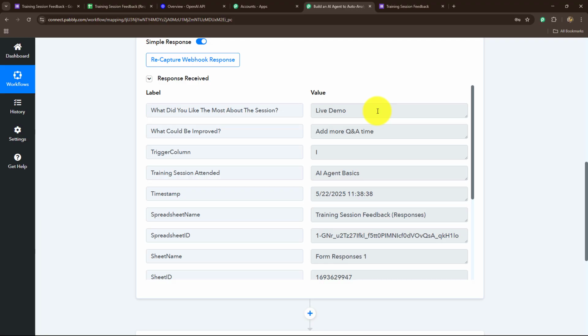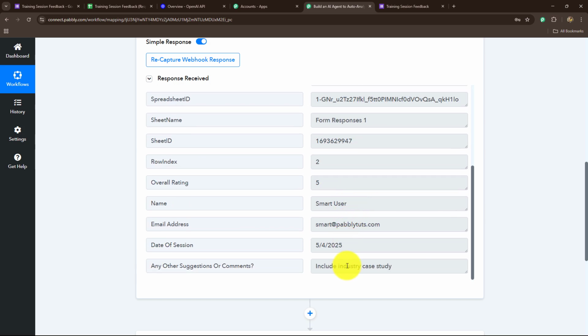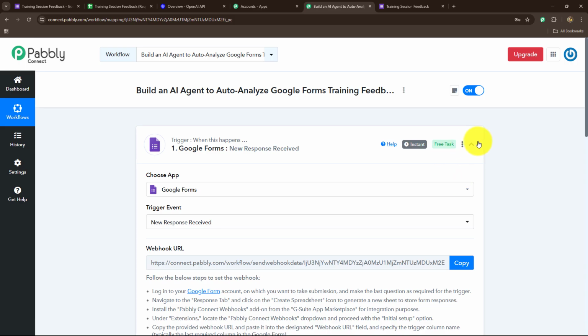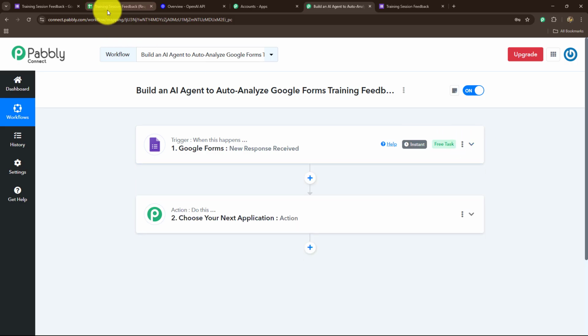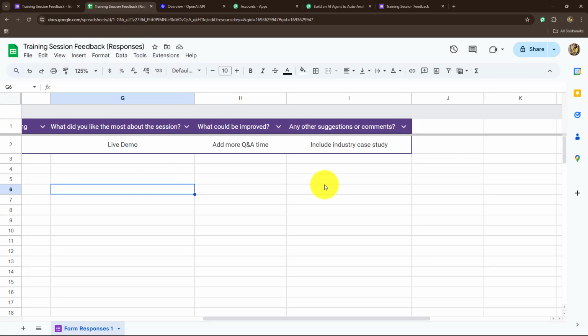That means the form response. So we have the question answers, the date and time at which the form was submitted. Here we have other details as well. Okay, so now as the connection is built, we have to make sure that every time the form is going to be submitted by the training participant, then the response should be immediately